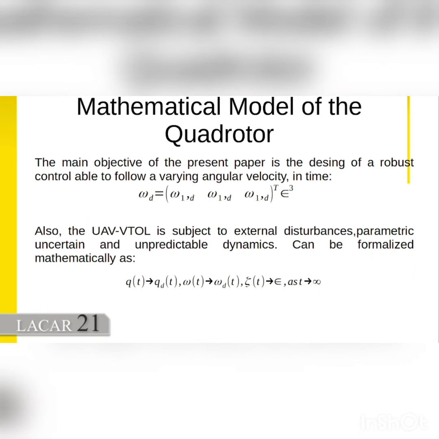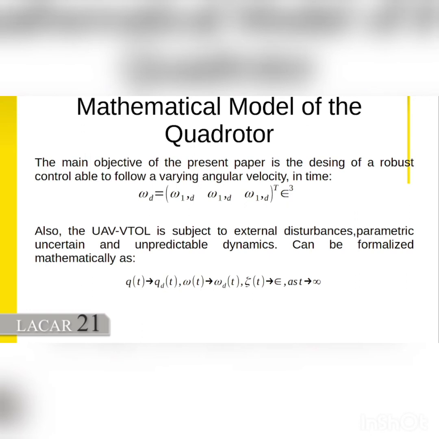The main objective of this work or paper is to present the design of a robust control and be able to follow varying angular velocity in time. Also, the UAV VTOL is subject to external disturbances. Parametric uncertainties and unpredictable dynamics can be formalized mathematically as in this equation we have